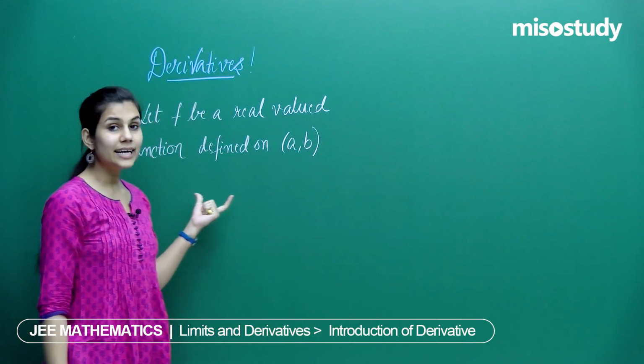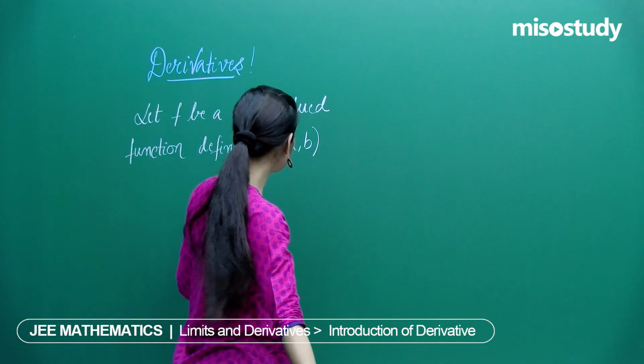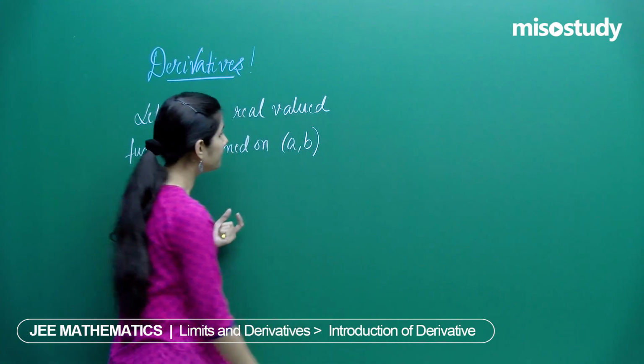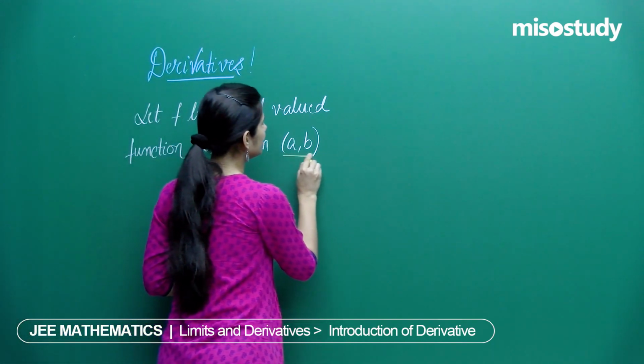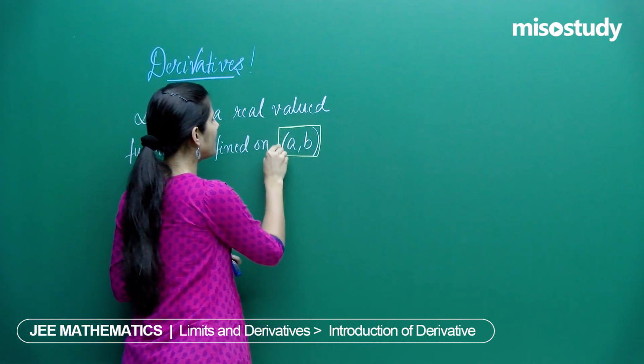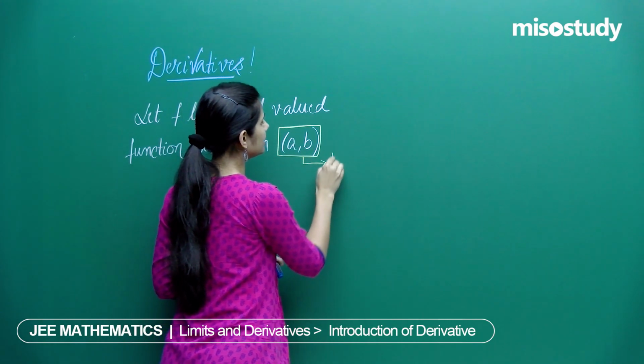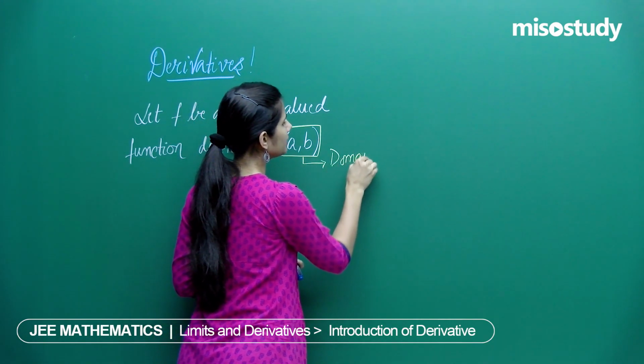So when it is saying that let f be a real valued function defined on an open interval a comma b, what is this trying to say? It is saying that this interval a comma b is acting as the domain of f,